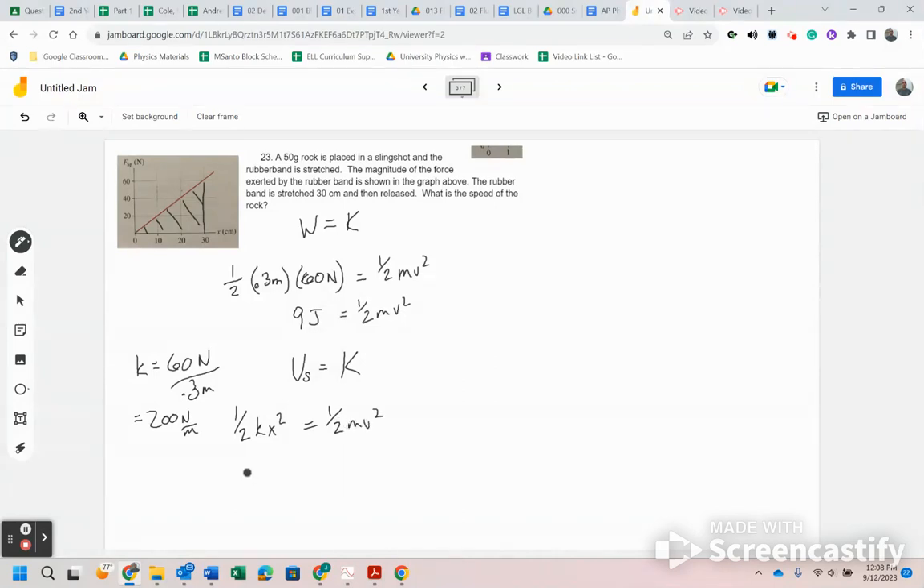Set that equal to 1/2 mv squared, we would get 1/2 times 200 newtons per meter times 0.3 meters squared. Again, you would end up with 9 joules is equal to 1/2 mv squared. So when we substitute everything in to determine the speed of the rock, we end up with